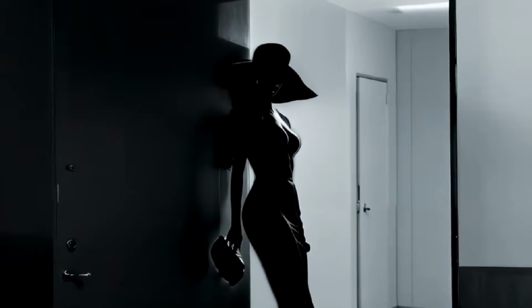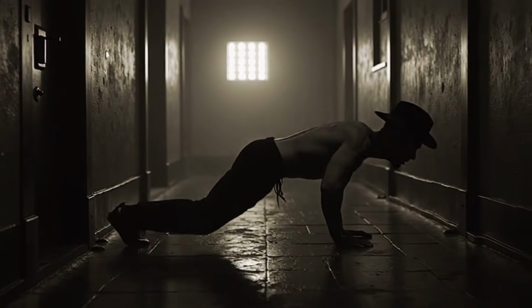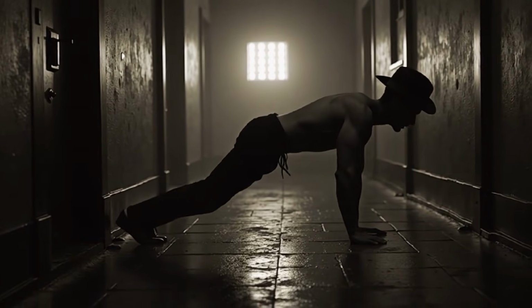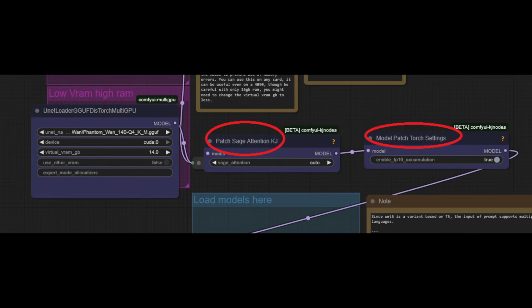So, last but not least, trick number 4. That is workflow-related stuff. I'll keep it brief. I switch between using native and wrapper workflows. In native, I use GGUF models and throw in patches for Sage Attention and PyTorch. For this to work, you need PyTorch 2.7 and CUDA 12.8 installed. You also need Sage Attention, and I have version 1. I don't think higher versions are much use for 3060 cards anyway, but I don't know. Sage Attention is a bit of a sod to set up, and I won't go into it here.